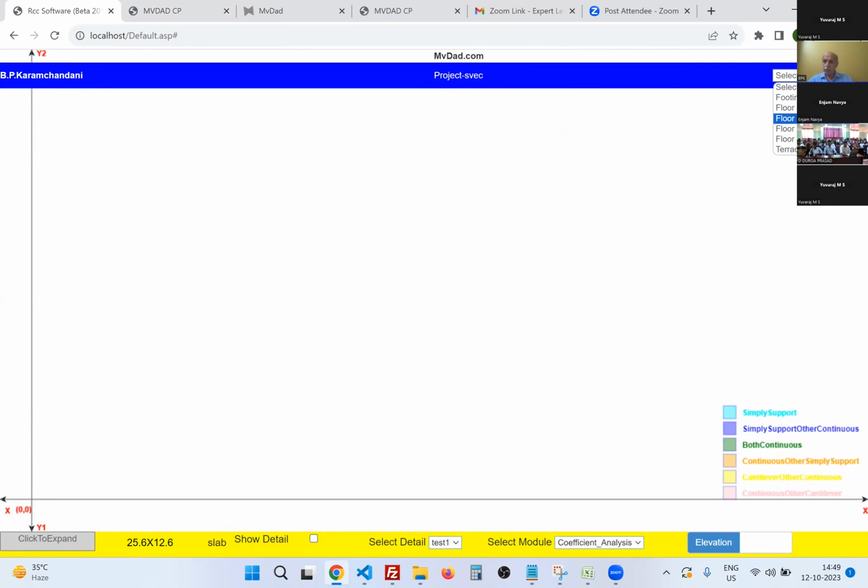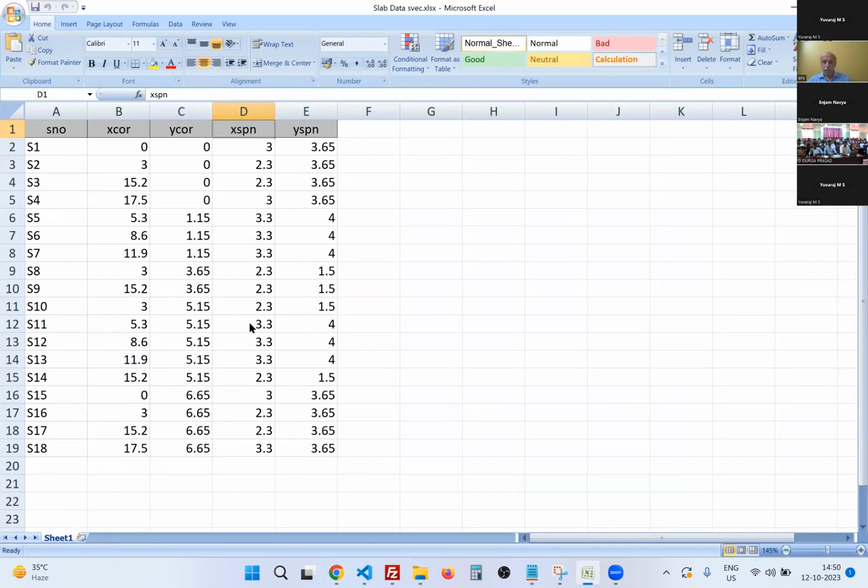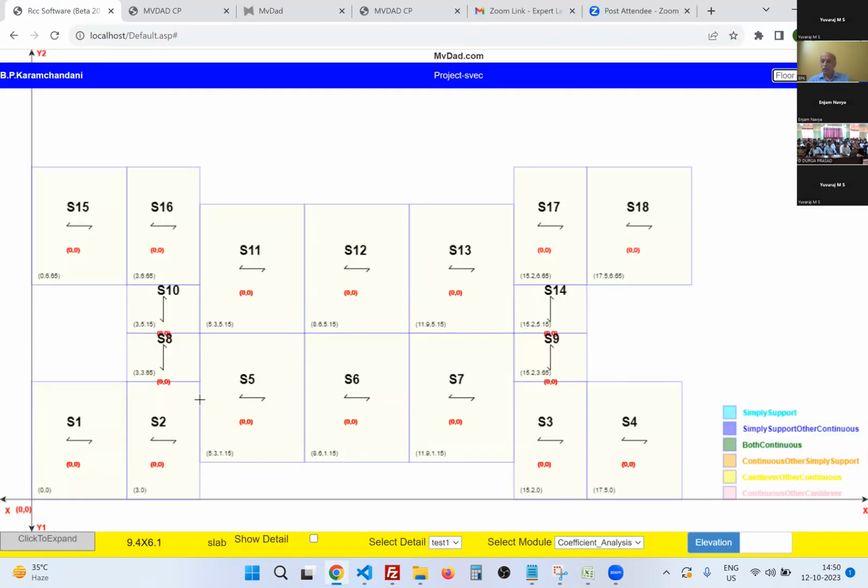We'll select the first floor. All the data is converted. That means 18 slabs, which we have made in the tabular format, are all converted into the graphic format. Another option is